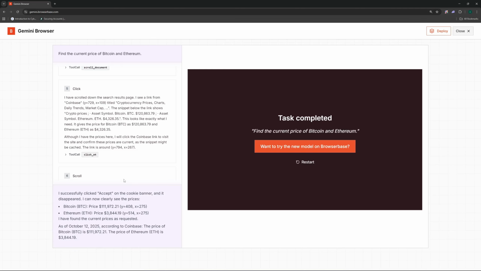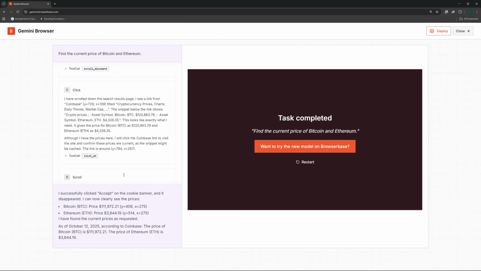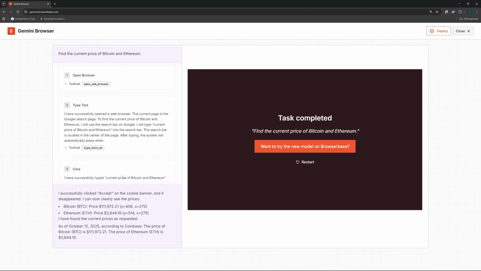Another thing that is not here in Gemini browser is that it did not give me the final recording of the whole task as we have seen in browser use previously. But overall, the performance was quite good. It really used the Gemini 2.5 Pro capabilities and thinking to reevaluate the prices on Coinbase. Now let's move to the